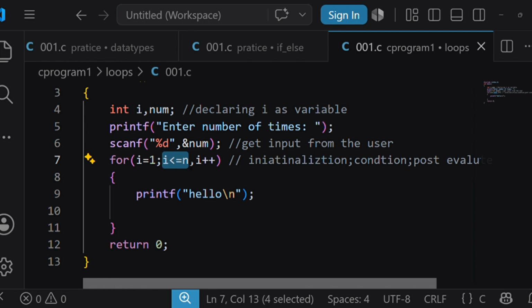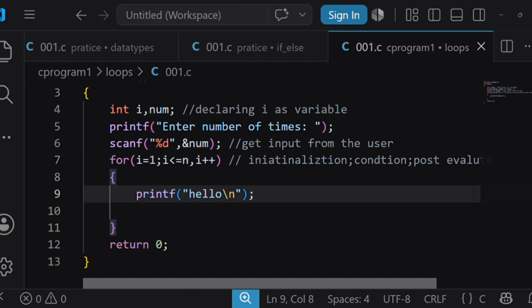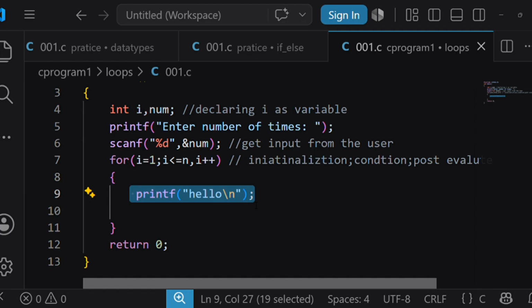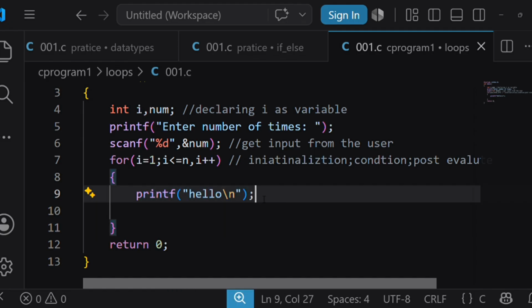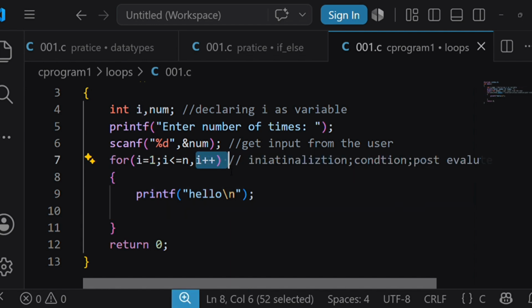If the user entered 30, it first checks whether 1 is less than or equal to 30. If it returns true, it will allow the printf statement to execute. After successfully completing this step, next it moves to the post evaluation.